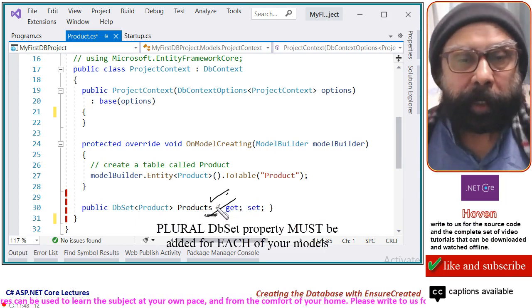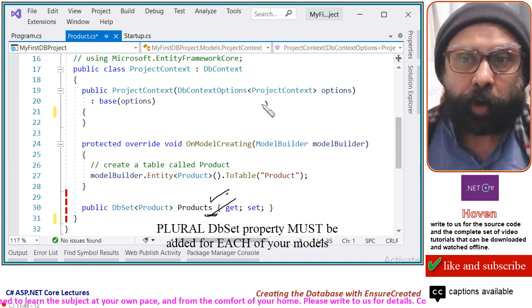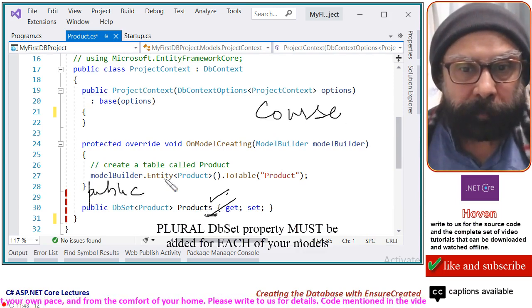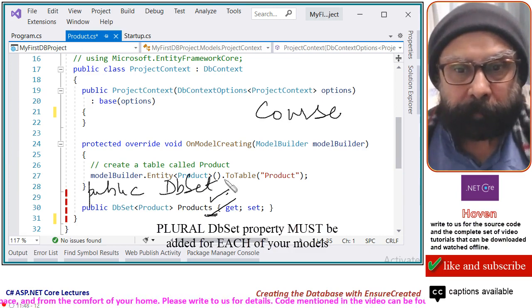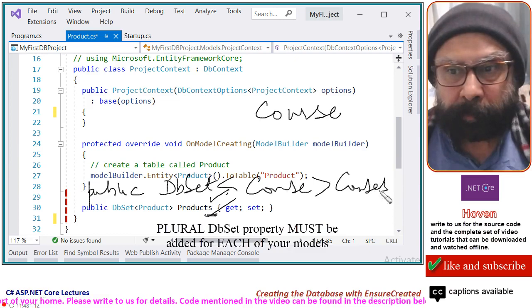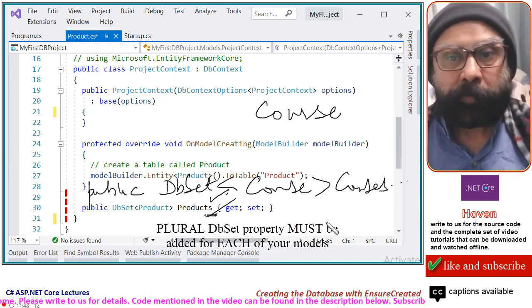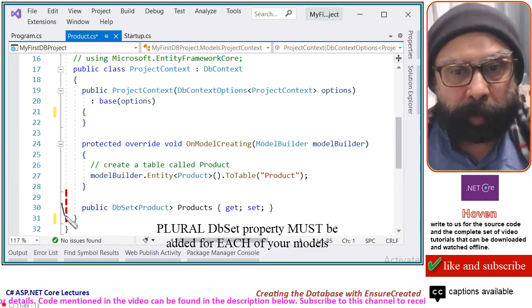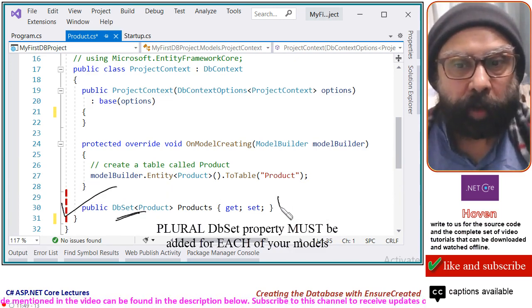If I have another model called Course, then I would have added public DbSet<Course> Courses { get; set; }. For every table in your database, you should add a plural property for DbSet. This is also required.